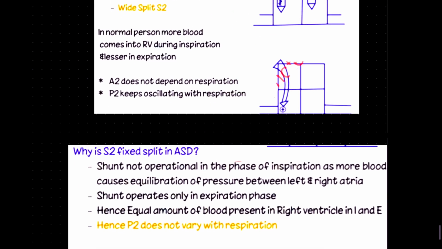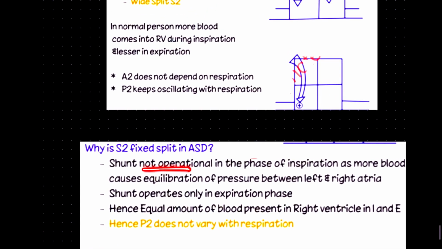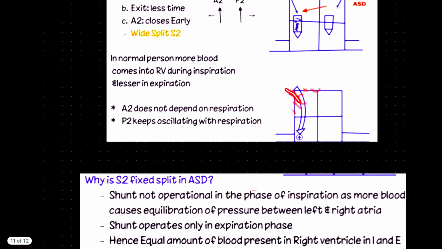Because the shunt is not operational in the phase of inspiration. Why? Because in the phase of inspiration, a large amount of blood is already present right here, because of which the blood here is also large, so this shunt will not carry blood from this region to this region. That means blood will not go like this in the case of inspiration, because a large volume of blood is already present right here. So in inspiration, the shunt is not working, but in expiration, since the right ventricle does not have a large amount of blood, the shunt is opening,